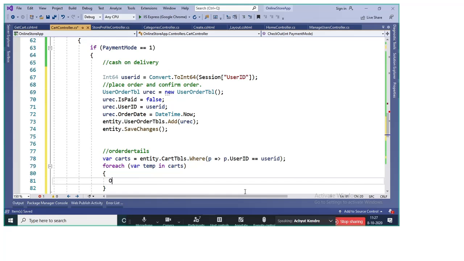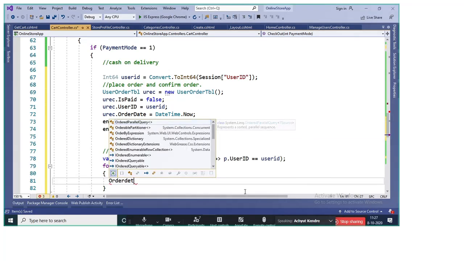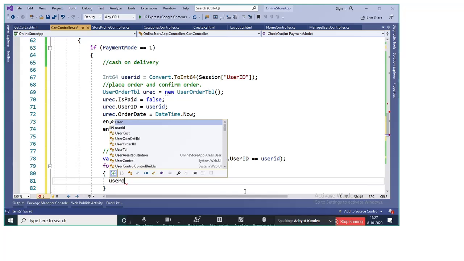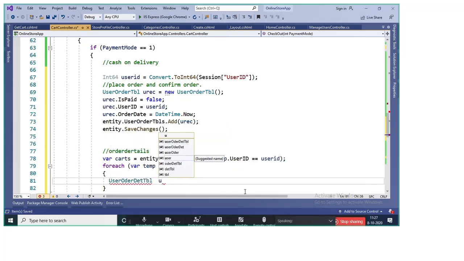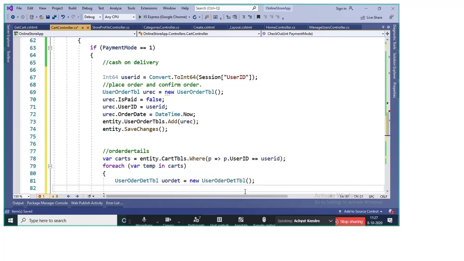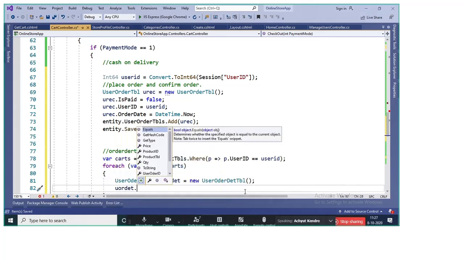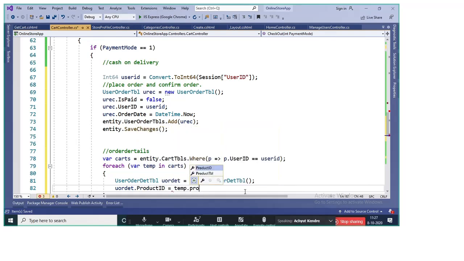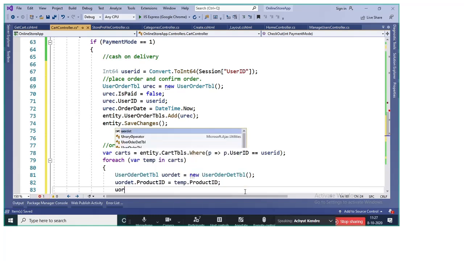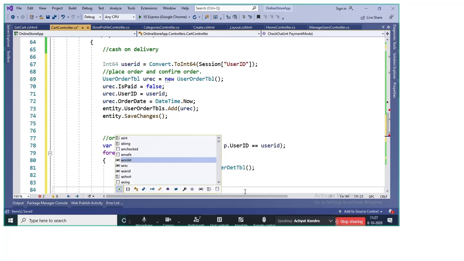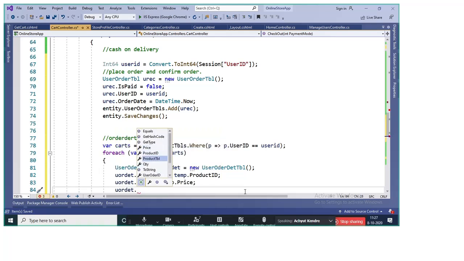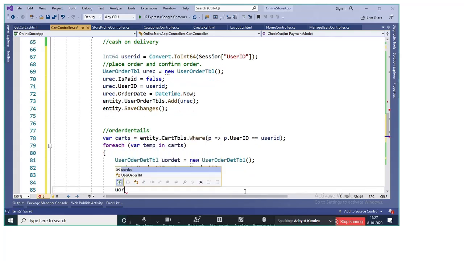So we'll say order detail, sorry, UDetail dot ProductId equal to temp dot ProductId. We'll say UDetail dot Price equal to temp dot Price, UDetail dot Quantity equal to temp dot Quantity, and UDetail dot